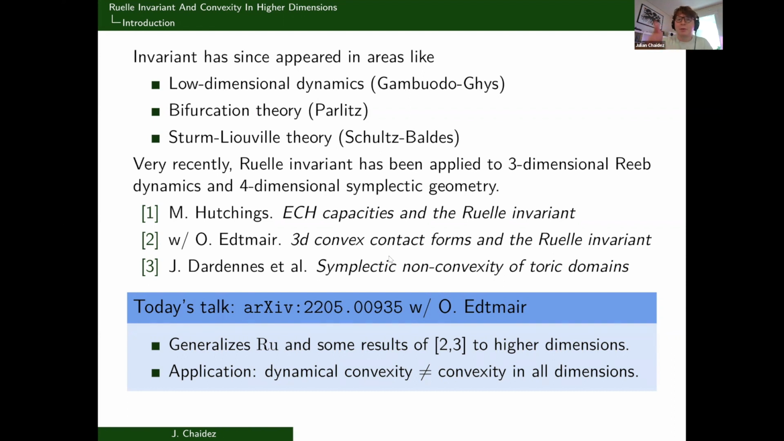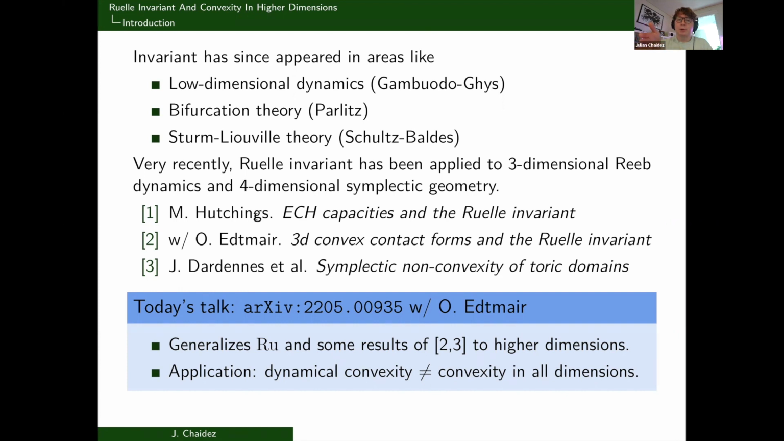This invariant has appeared in a couple of other places since he wrote this note. Gambaudo and Ghys have written a lot about it in low dimensional dynamics. There's been some work on it in mathematical physics, like bifurcation theory and Sturm-Liouville theory. And recently the Ruelle invariant has started to appear in low dimensional Reeb dynamics, in various settings. The first one was where Michael Hutchings, who is in the Zoom room, I think, wrote